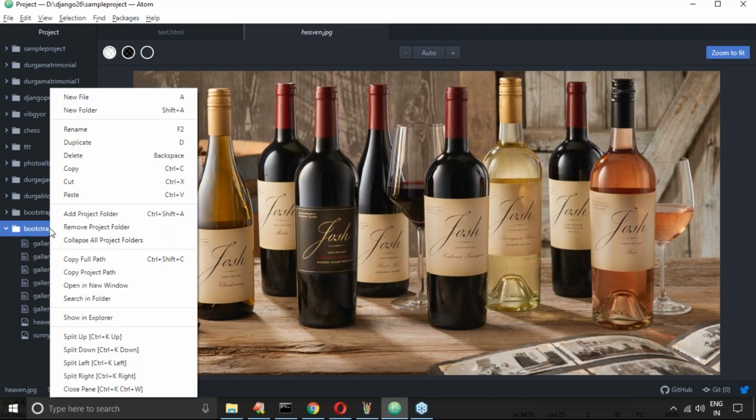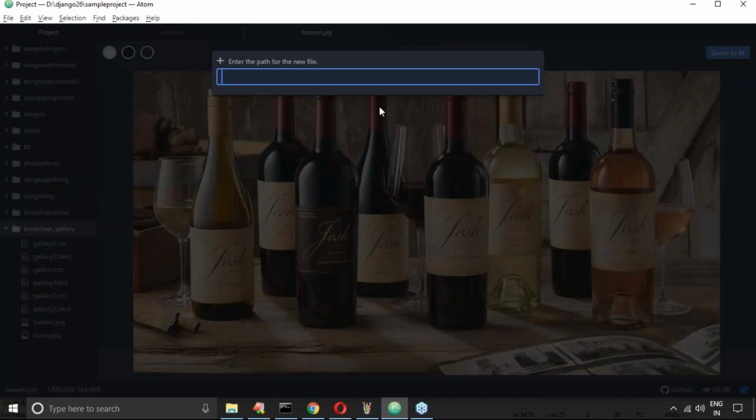Now my requirement is, let me take a gallery.